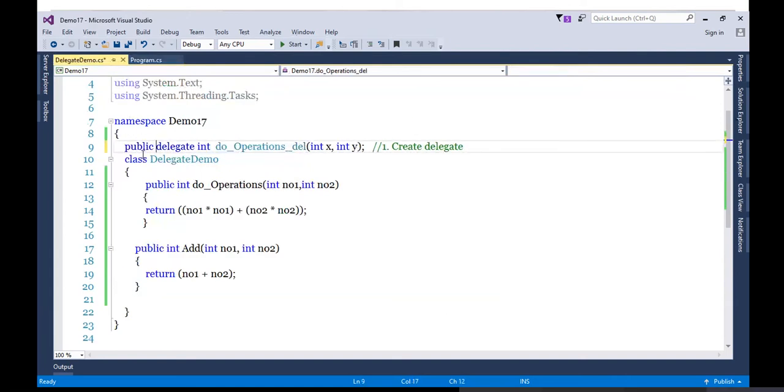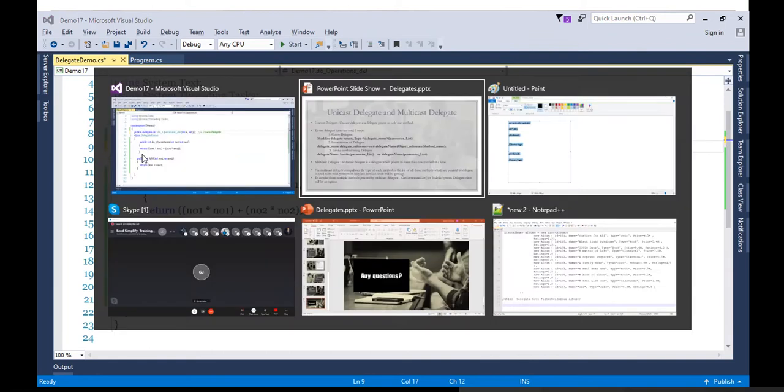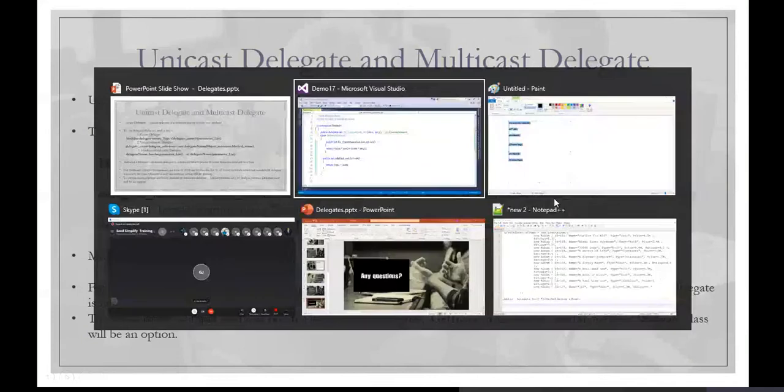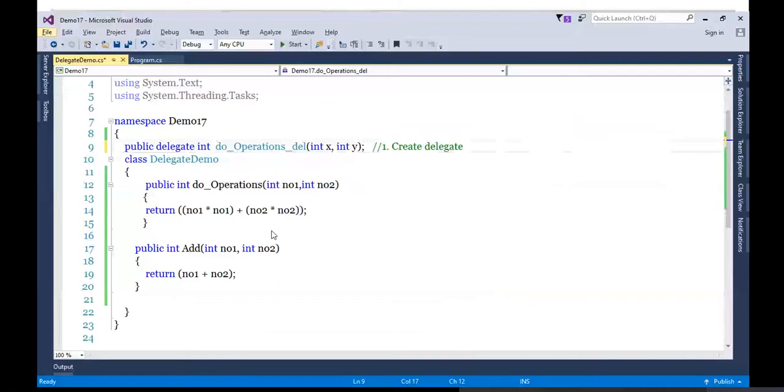By default it is internal. You all know it. So first you give the modifier, then the delegate keyword, return type of a method, then delegate name, and as usual the signature. We followed this step already, right? Then at the time of instantiation, either you will do like this or you will do like this.